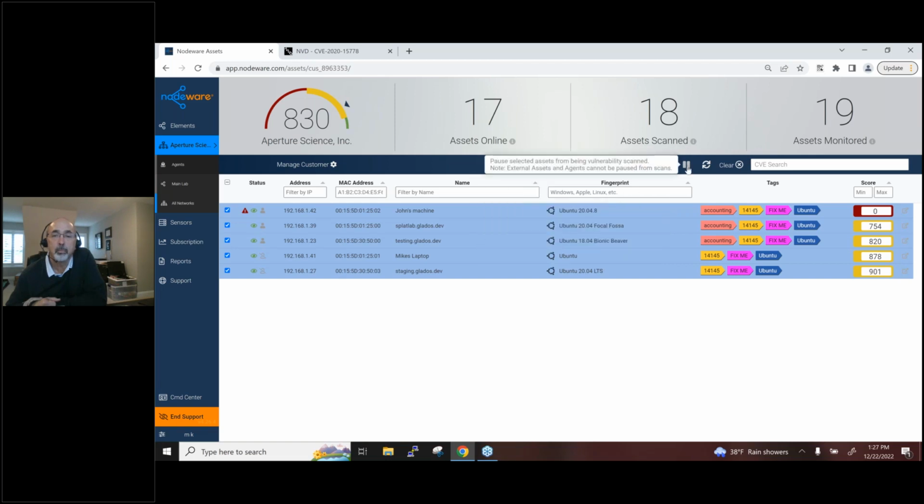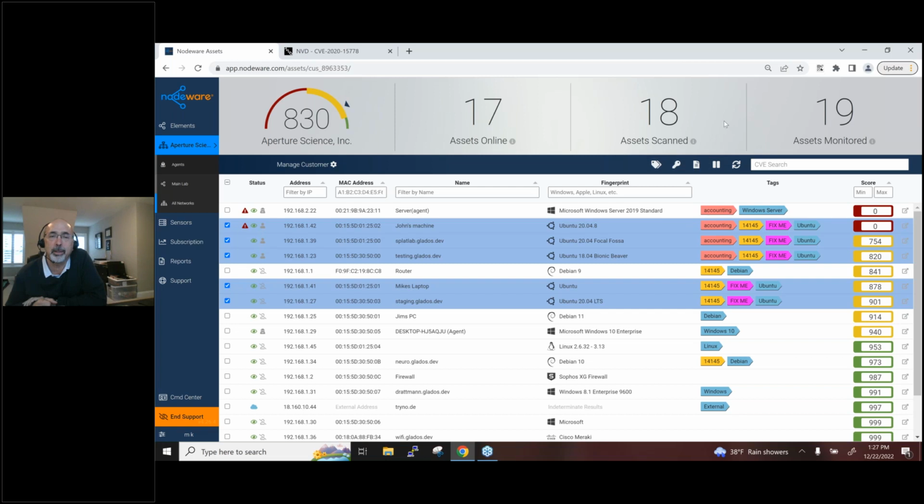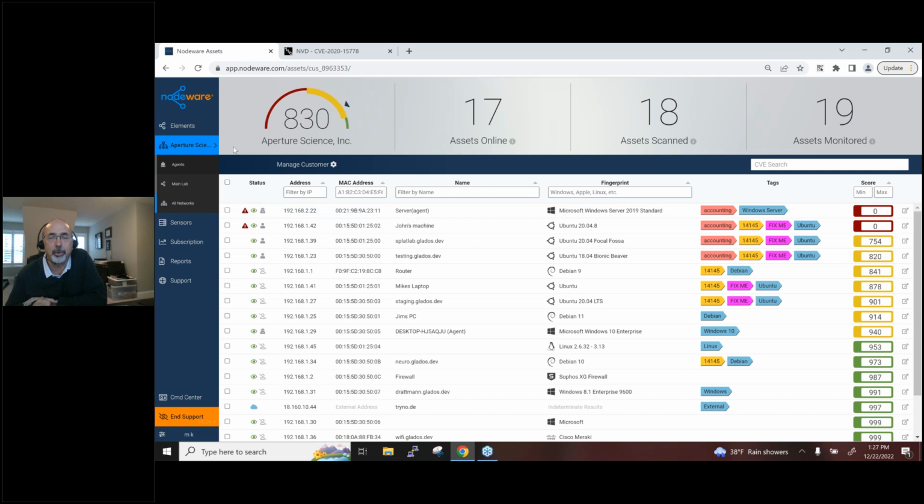I can pause scanning. I can pause it from vulnerability scanning, or I can issue rescans. Issuing a rescan just moves them up in a queue, and the next available slots in the queue, they would get inserted first. Yeah, I was just saying on the rescan, we get a lot of MSPs that say, I did the work and I want to check my work, right? And that's how you would do that on a current basis. So you might have done the patch and you want to just see if it's taken hold and it's changed the number. You can do that rescan, and it'll put it into the top of the queue for the next set of assets that the software is scanning.